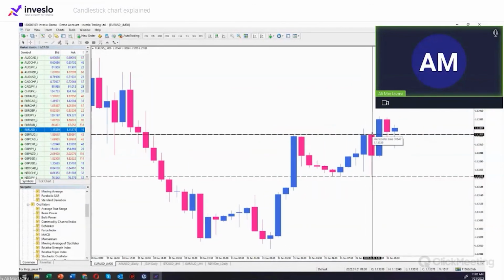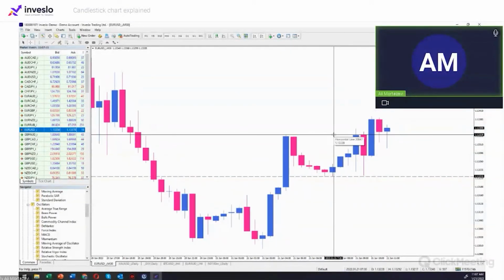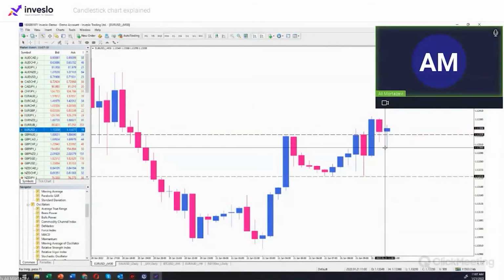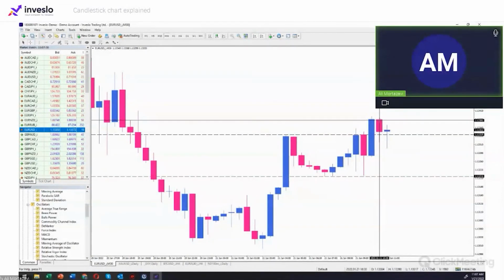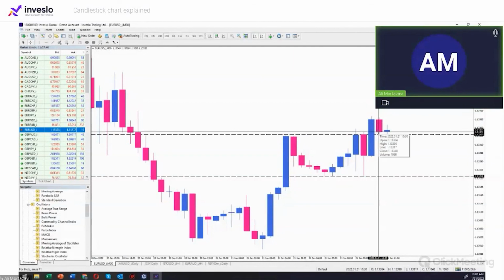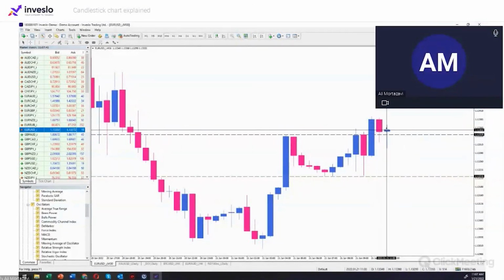And you see at this level as a broken resistance, I can expect it to act as a support level, and these shadows reveal that the market is trying to reject the lower prices and hold this higher support at this level. Okay, and it means even though we have this bearish body here, the buyers are trying to